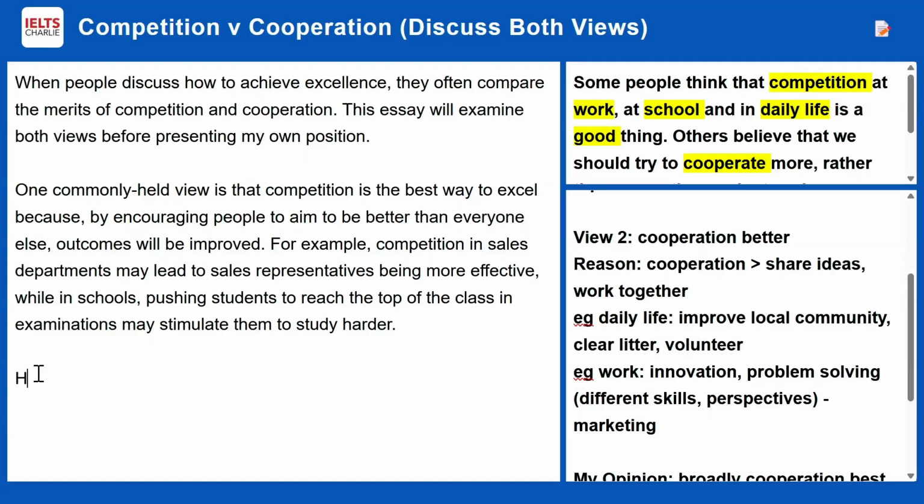I'm going to use what I think is a slightly more natural way of introducing an alternative viewpoint. However, so this is a very useful contrasting word. So, however, an alternative view is that cooperation is better